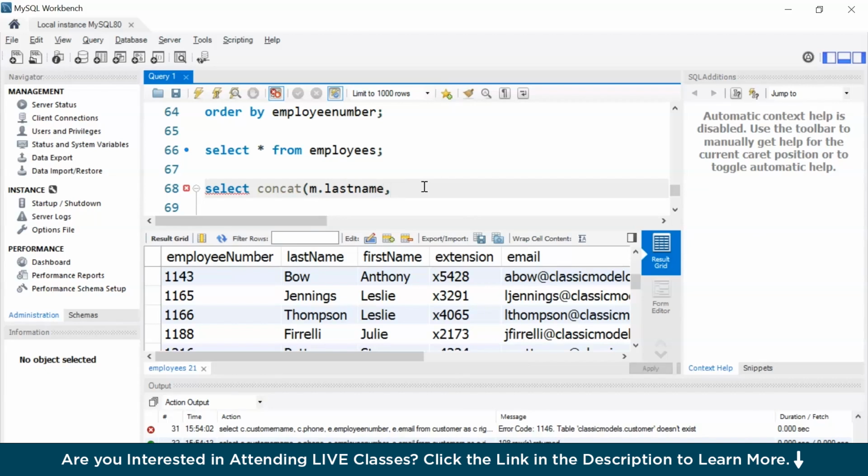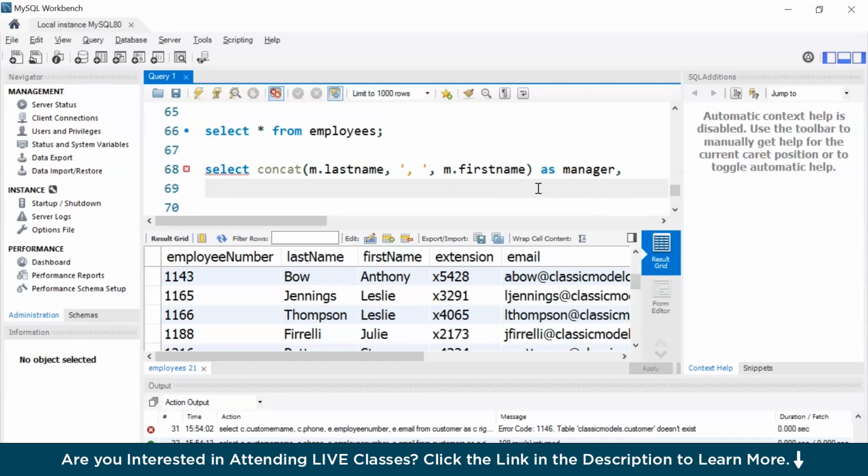I'm going to concat last name followed by a comma, then I'll have my first name. I'll close this bracket, and then I'm going to give my alias name, let's say manager,